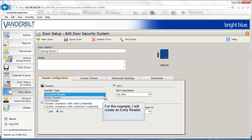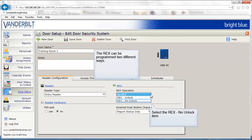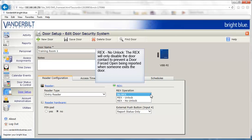For this demonstration, I'll choose an entry reader. Click the Open button to select how you want the request to exit to function. The request to exit can be programmed two different ways. Rex Unlock. The Rex will energize a relay to unlock the door and disable a door contact to prevent a door forced open from being reported when someone exits the door. Rex No Unlock is used to disable the door contact to prevent a door forced open being reported when someone